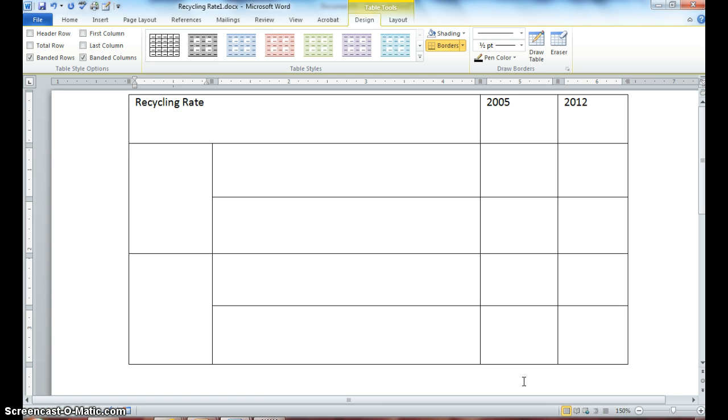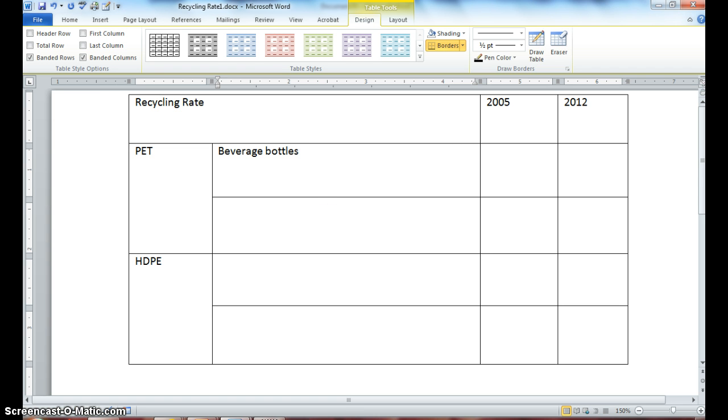Tab down. In all caps, I will name this square PET. Arrow down and name this square HDPE. Go back up to PET and type beverage bottle,